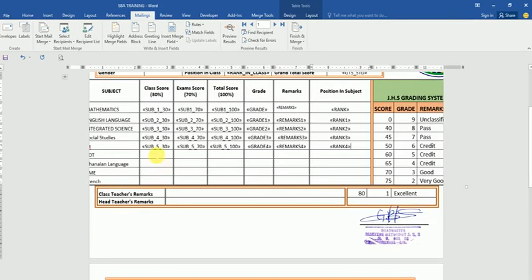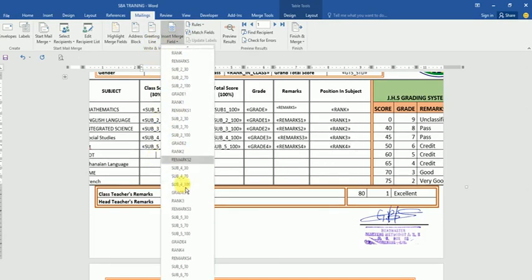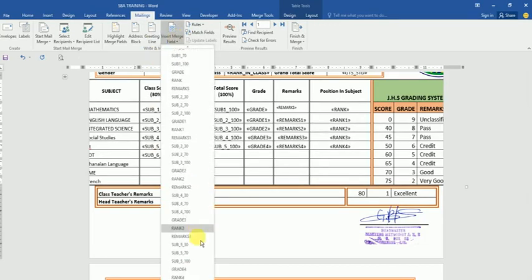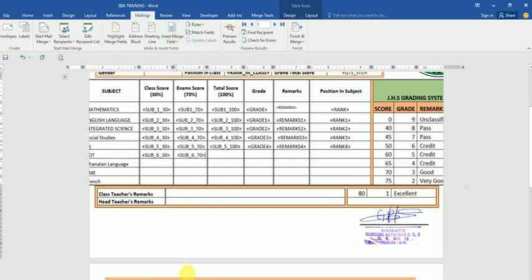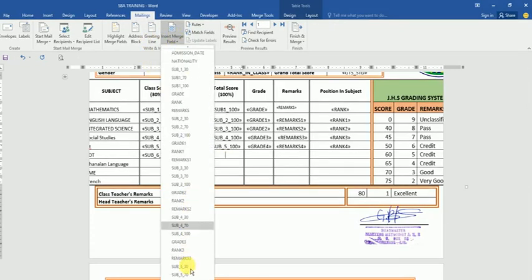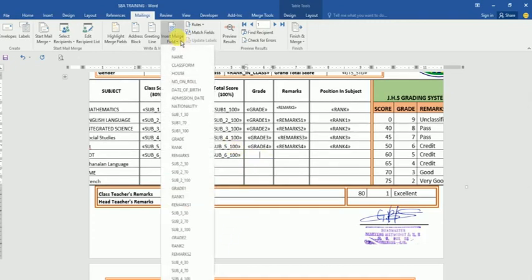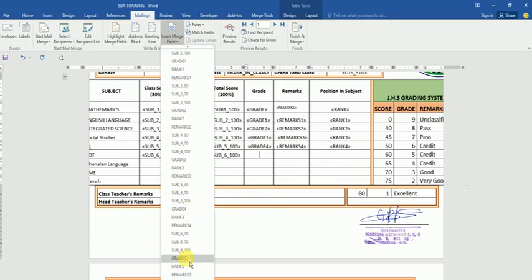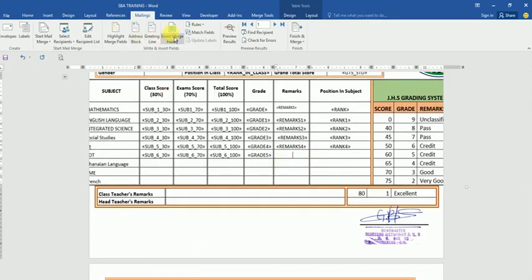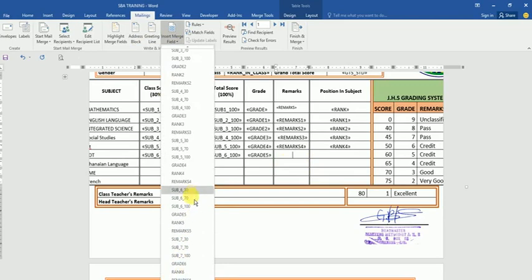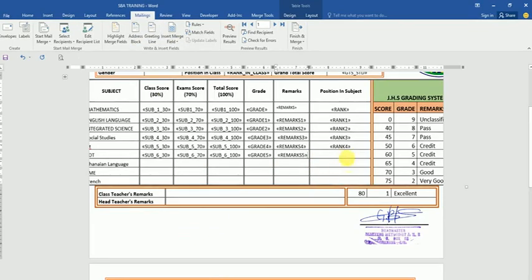then move on to the next subject, sub 6, sub 6 30%, then sub 6 70%, sub 6 100%, sub 6 grade, and sub 6 remarks, sub 6 rank,